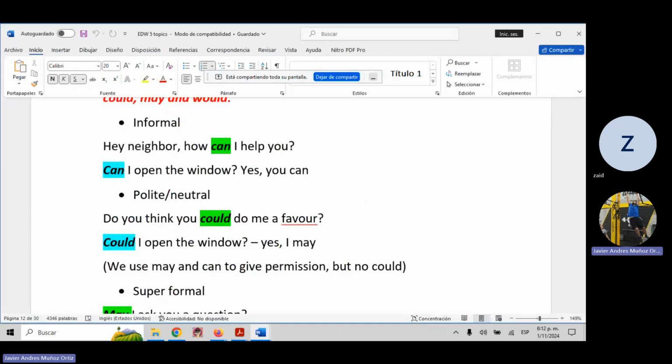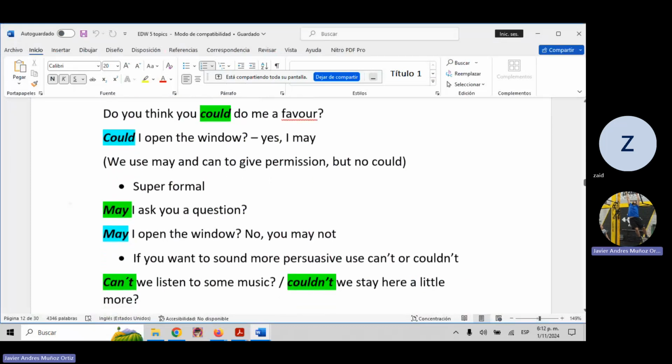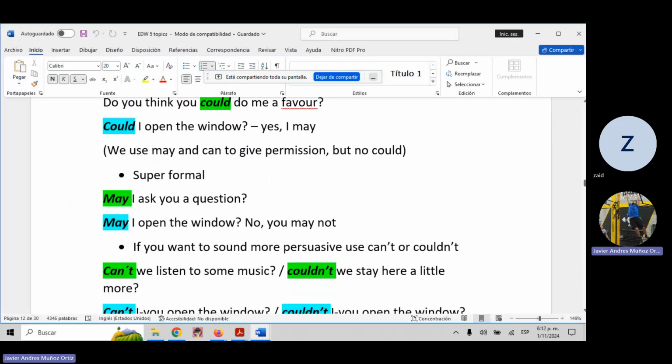In this case, they can answer you. They are never going to answer you with could. So they are going to answer you with may. And if you want to be incredibly formal, super, hyper, mega formal, you're going to ask with may. In these cases, you're going to use may